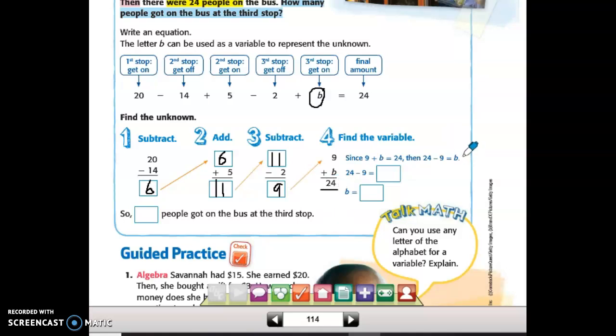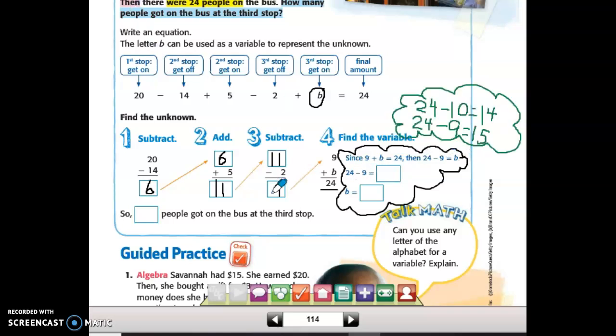So here's our thinking bubble that they've got right here. Since 9 plus b equals 24, we can do basically a check, do the opposite in order to figure out what b is. 24 minus 9. And since I saw this 24 minus 9, I wanted to go back to an earlier strategy that we had talked about, which was making a 10, rounding. 24 minus 10 is 14, so that means 24 minus 9 is going to be 15, since we're taking away